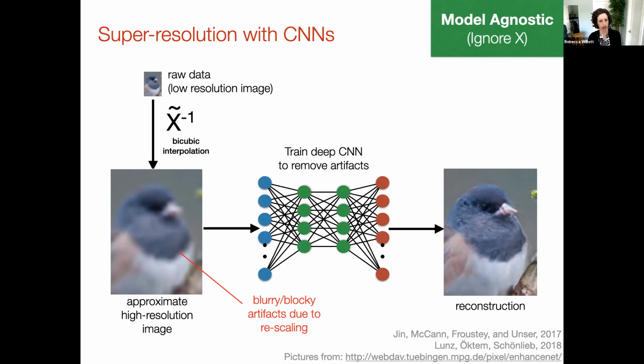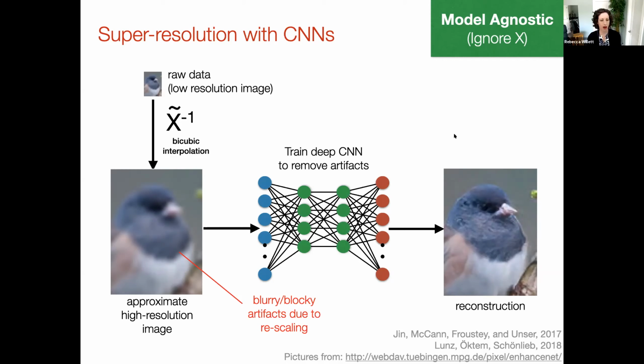We would take our raw data, Y, which in the context of super resolution would just be the low resolution image. And then from that, we produce some sort of coarse initial estimate. So in this case, for super resolution, we might do that by doing some sort of bicubic interpolation. In other cases, you might just try to do some sort of unregularized least squares. But in any case, you come up with some coarse initial estimate.